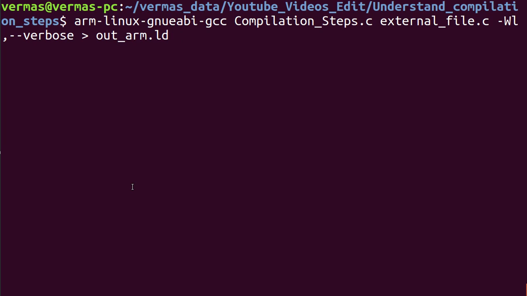For comparing between the two files, I have used the same command but using the GCC cross compiler here.